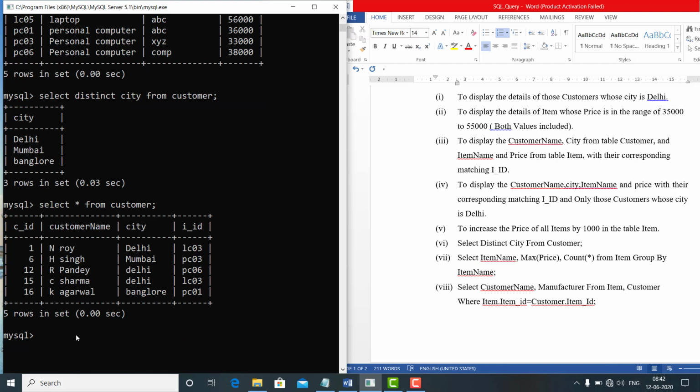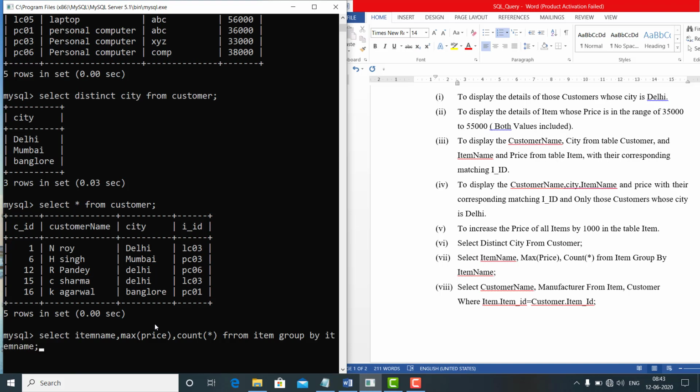Now we will perform our next query. Our query is select item name, comma, max price, meaning it will return the maximum price from the list, and count, which counts the total number of records, from the item table. But we are also using the group by clause, so we will write group by item name.